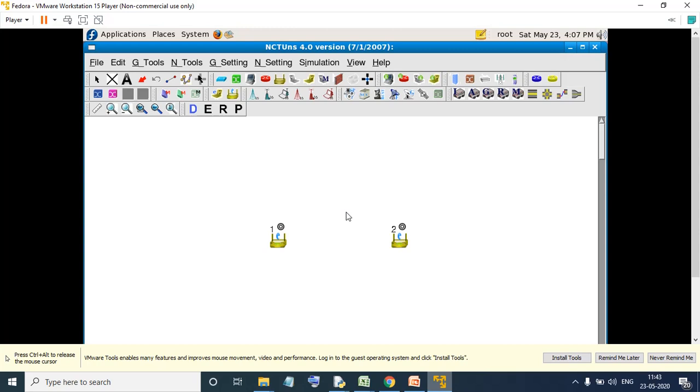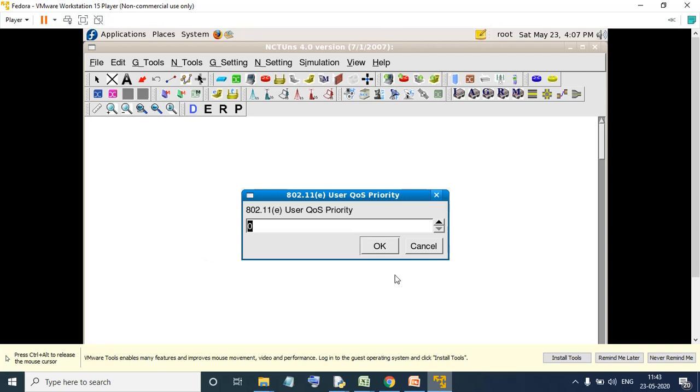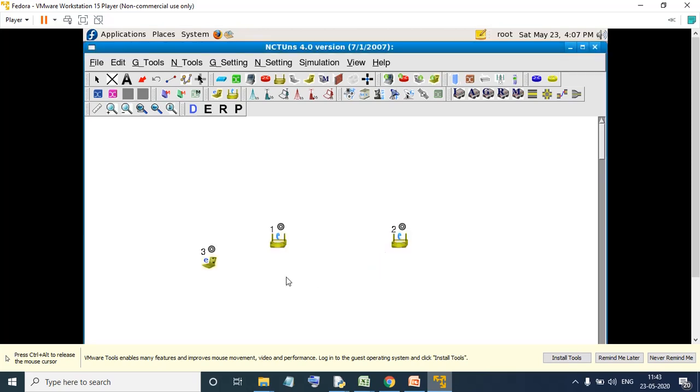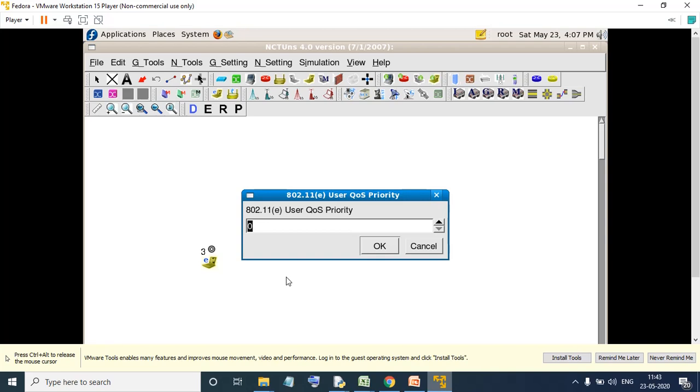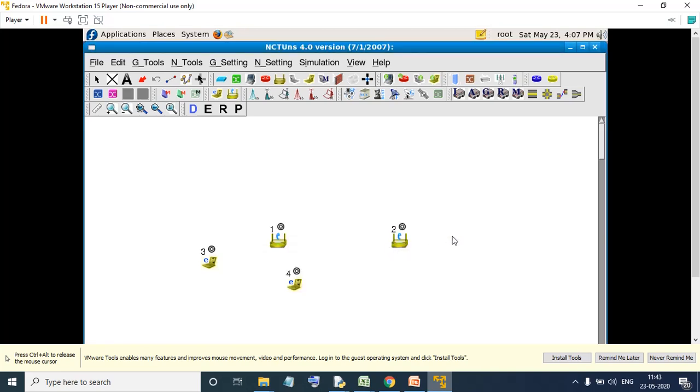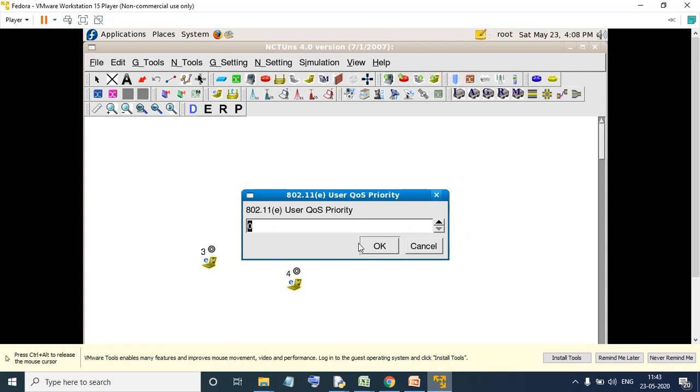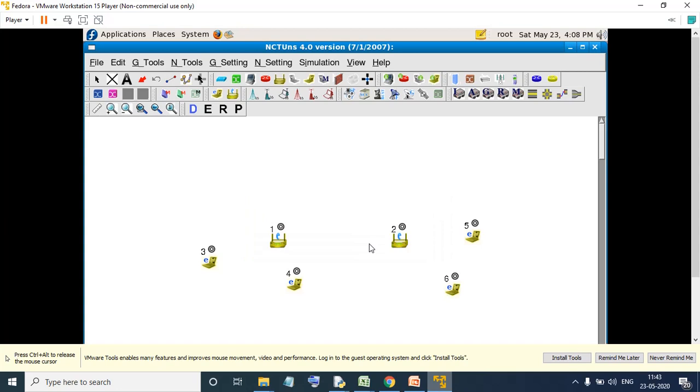Next, you will be placing another very important thing, that is the mobile node. So I will be placing the mobile node, and this is our mobile node. Again it should be of the 802.11e specification. I will be taking two mobile nodes. The priority I will be giving for the first mobile node is 0 only. Next, I'll take the second mobile node, and here again I will be putting the priority 0 itself. Similarly, I'll take another two for the other base station. So these are my four mobile nodes.